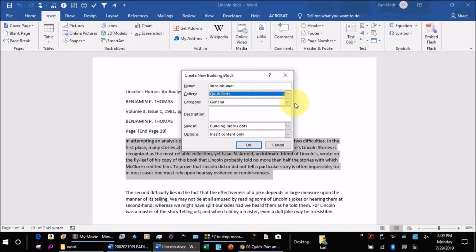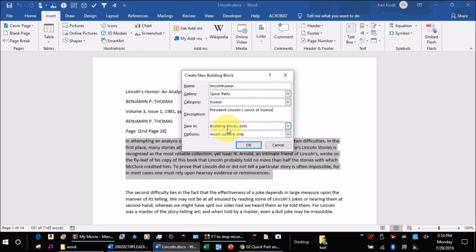In the category, I can come in here and create a new category, and I'm going to say Humor, and then say OK. So I could add other humor as Quick Parts besides something about Lincoln's humor, and then I can put in a description, President Lincoln, Minnesota humor,